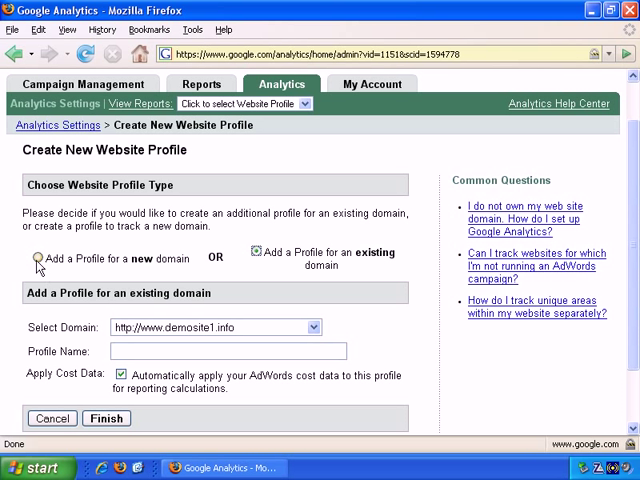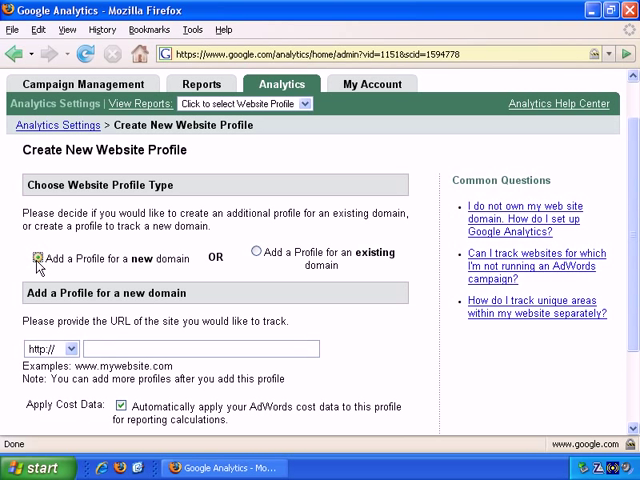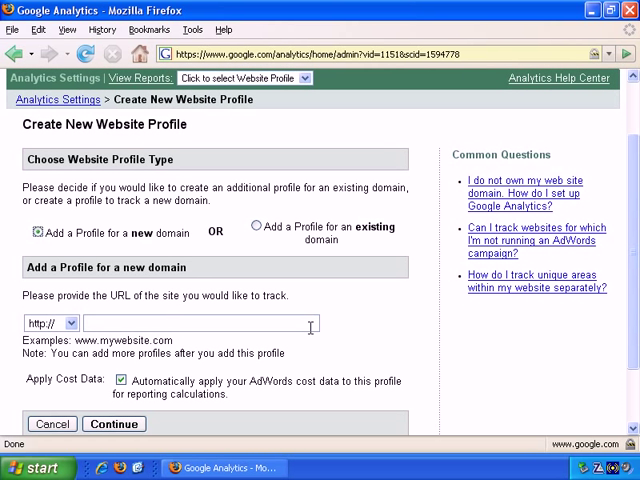Okay, but generally, you'll be adding a profile for a new domain. And you can see that it's really straightforward. It's simply a matter of letting Google know the address of the site. Please provide the URL of the site you would like to track. And the options are HTTP or HTTPS. And of course, I would say that generally it would be HTTP. And the site that I'm using in this instance is